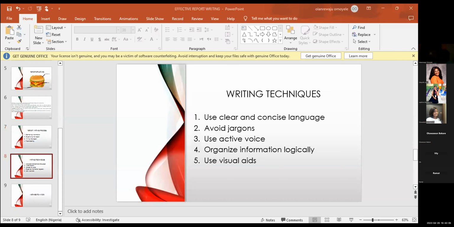For example, in our school, we employ pedagogy. You as a teacher know what pedagogy means, right? But do the parents know what pedagogy means? Or you say we're going to employ differentiated instruction.